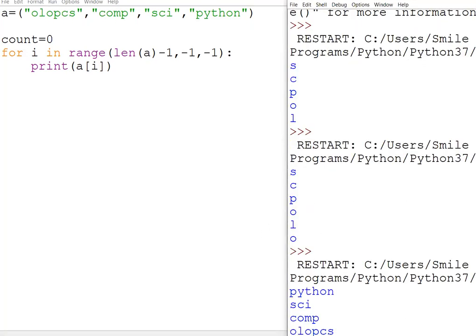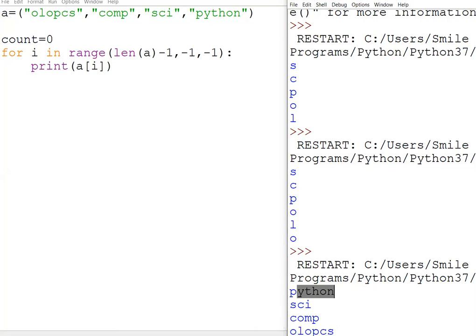You can see it is printing in the reverse direction, and that too word by word. Whatever was my last value has been printed first, then the second last value, then the third last, and the fourth last value at the end. So this is what you need to understand, traversing in both directions.